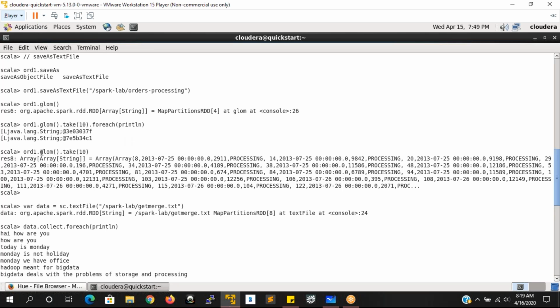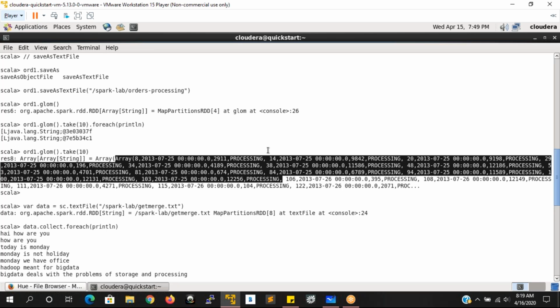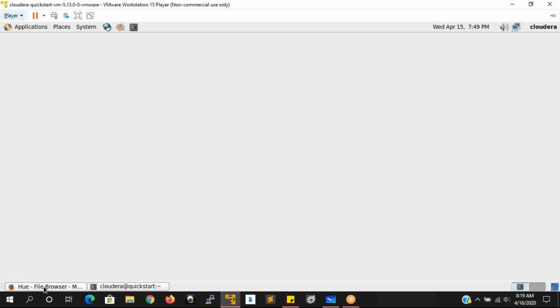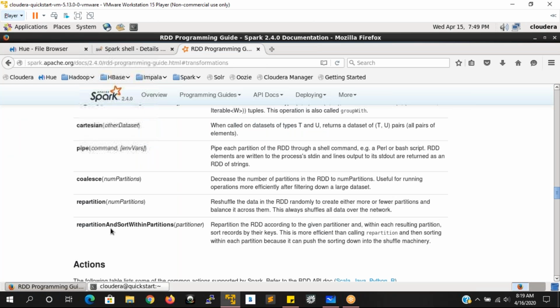For example, if one partition has 1 GB and another partition has 1 GB, but we have RAM memory available, we can segregate these 2 partitions into more partitions. To increase the number of partitions, we can apply one more transformation, repartition.